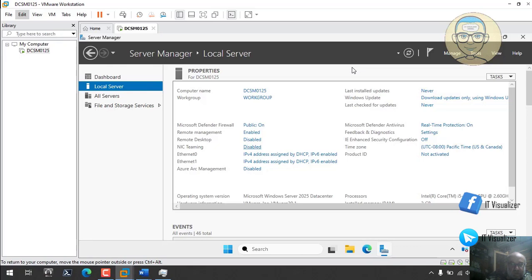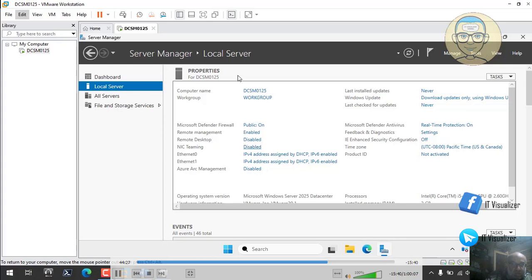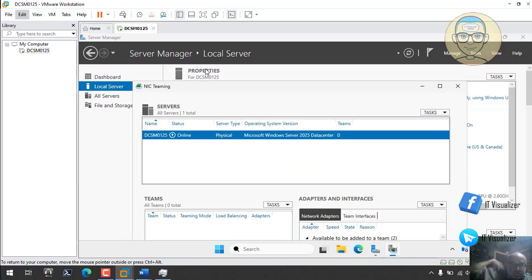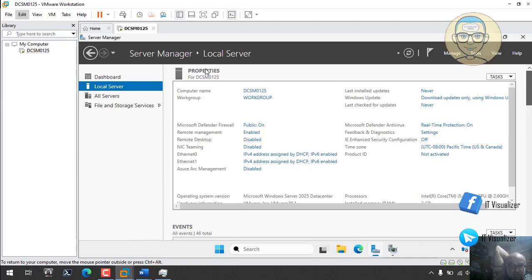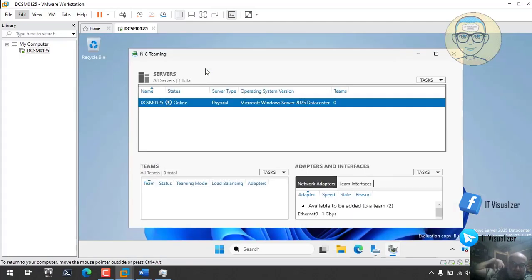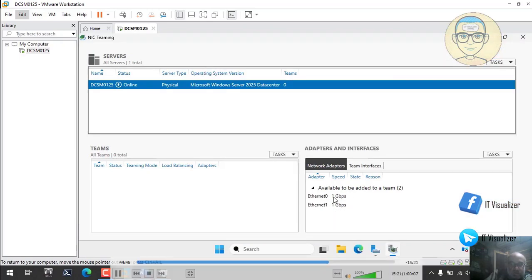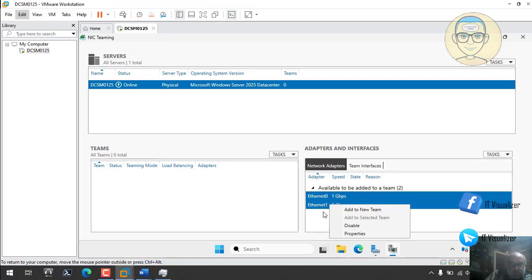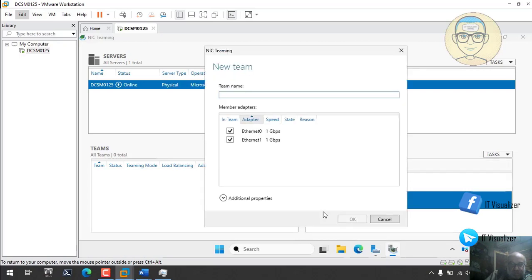So we can now enable NIC teaming. This is how NIC teaming is done from the operating system. We'll go and get the two physical adapters and make teaming between them. Maximize the window, then choose both of them and make NIC teaming. Right click, add to new team, give it a name,